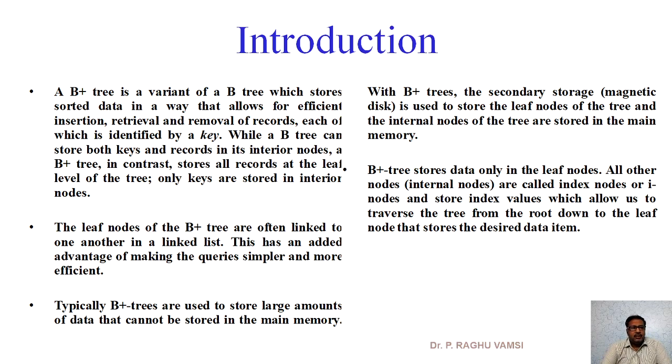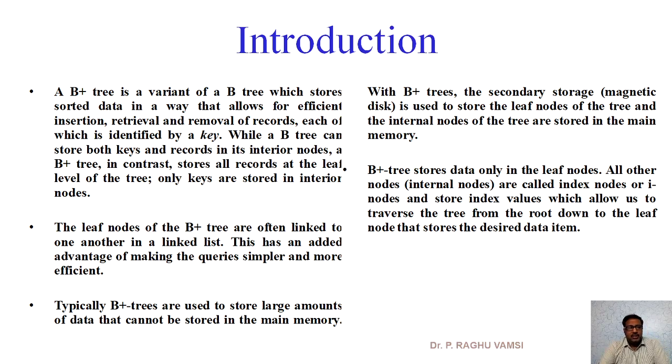The leaf nodes of a B plus tree are often linked to one another in a linked list fashion. That means in case of B tree, the leaves are independent, though the leaves are linked to its parents. But here in B plus trees, along with the linking to the parents, these leaf level nodes are also linked to each other via a double linked list. You can traverse all the children at once via this particular double linked list.